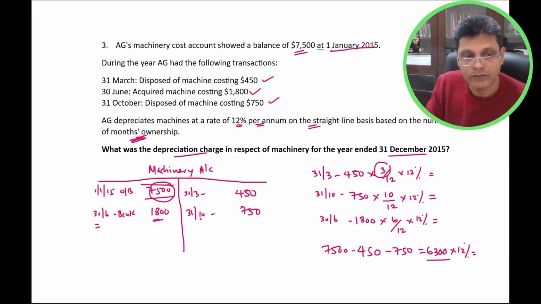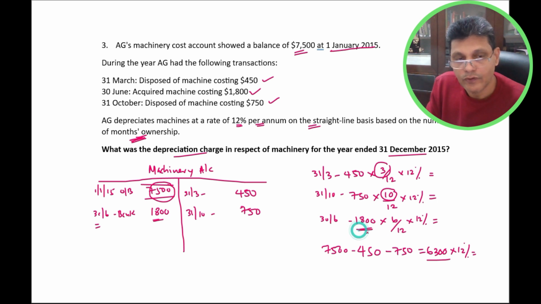Then subsequently on 31st October, 750 worth of assets were sold, and therefore these assets were held in the company for 10 months. So 10 months depreciation has to be charged. In addition to that, on 30th June they bought a new asset worth 1,800. So the remaining period will be depreciated, only for 6 months. Then the remaining asset value, which is 6,300, has to be depreciated for a 12 month period,